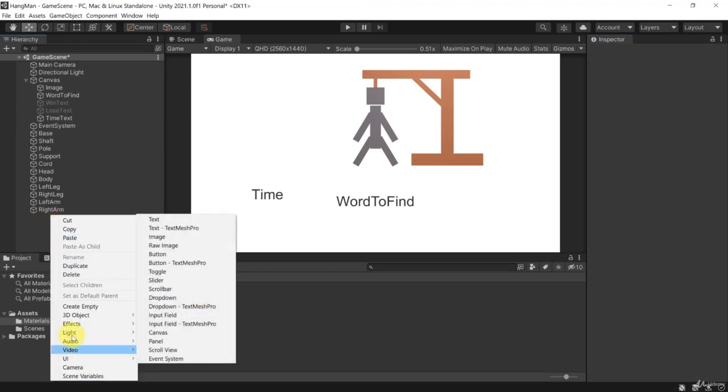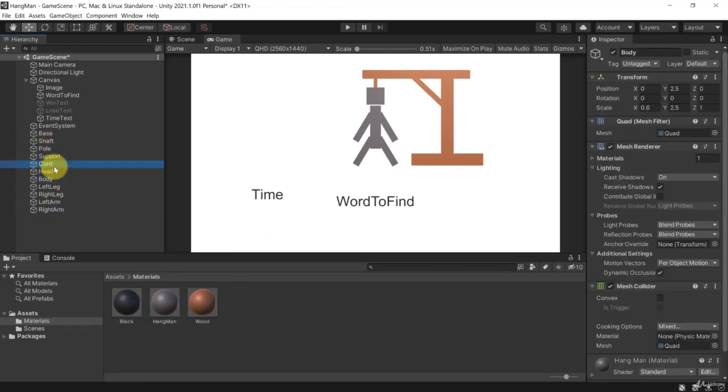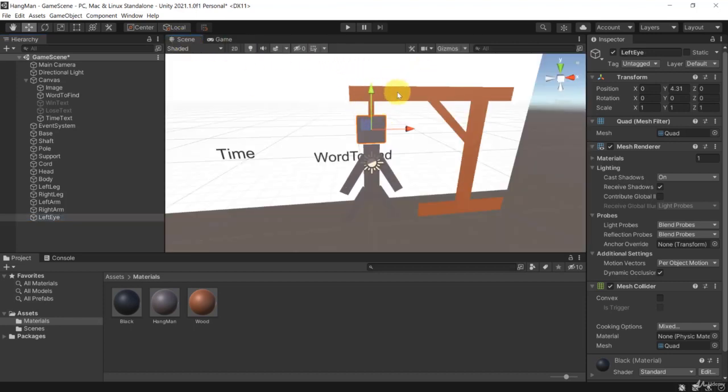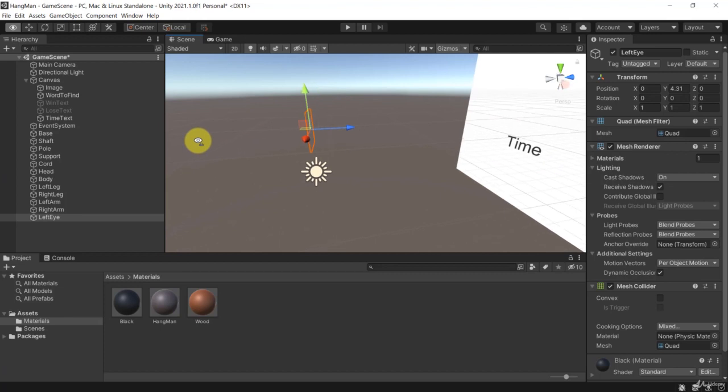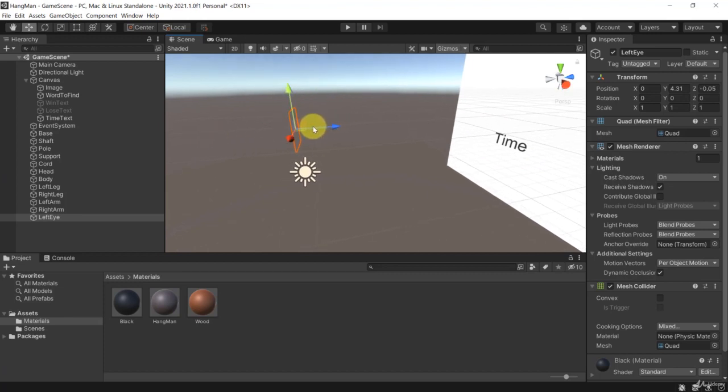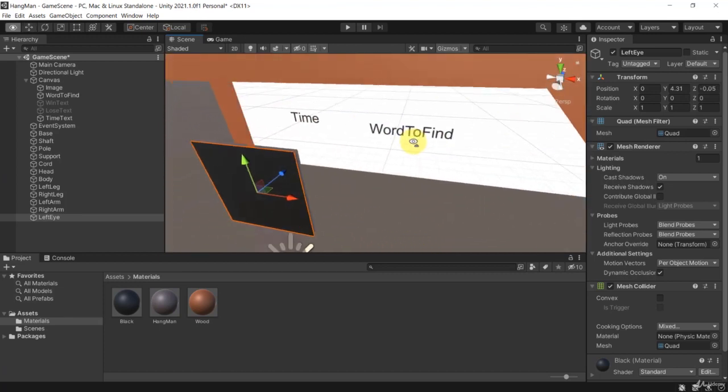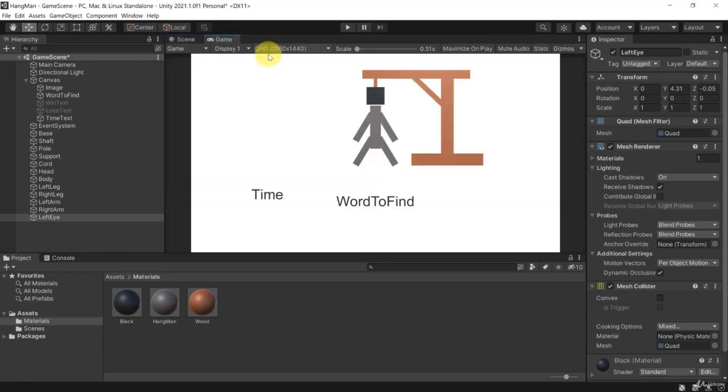So you can add another head actually. So let's duplicate the head, and let's change the color of this head. Let's reposition it, and let's call it eye, or left eye. Left eye. And let's look here. So you can see now it's at the same position as the other item, and we can't see it. So if we put it a little further to the front, then we will be able to